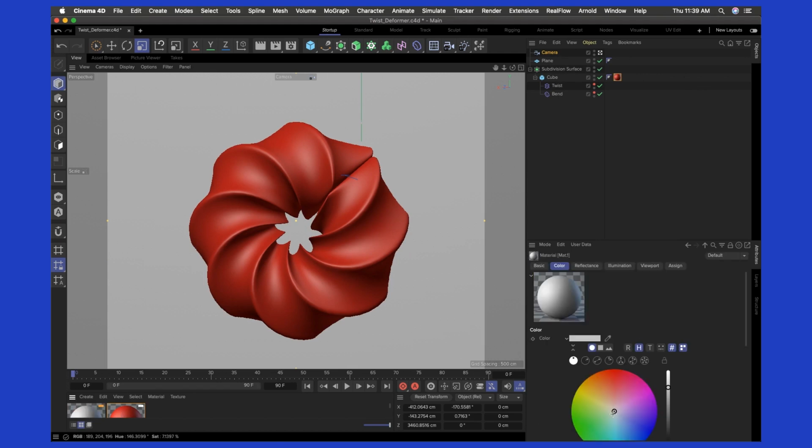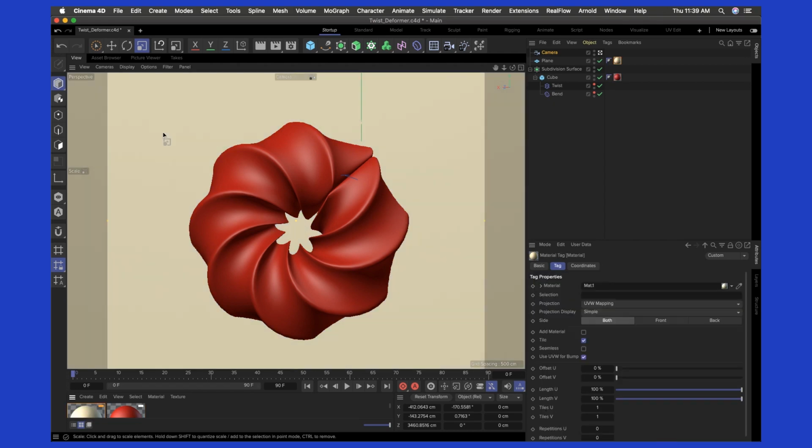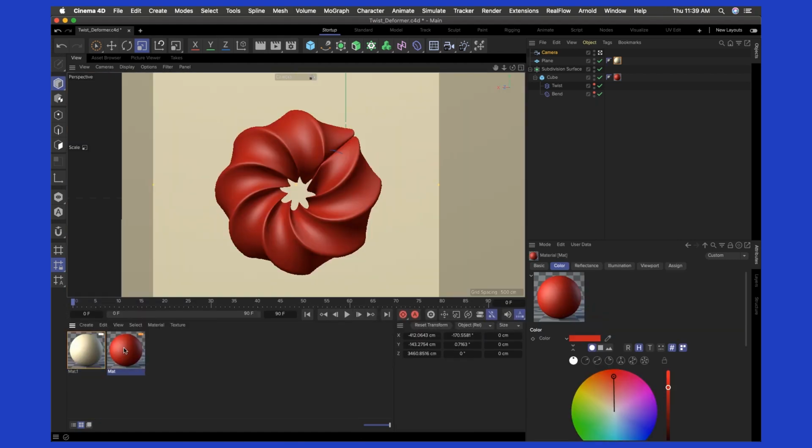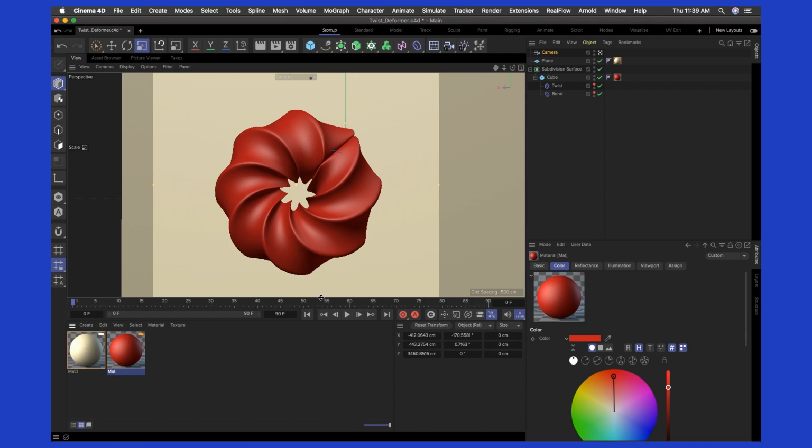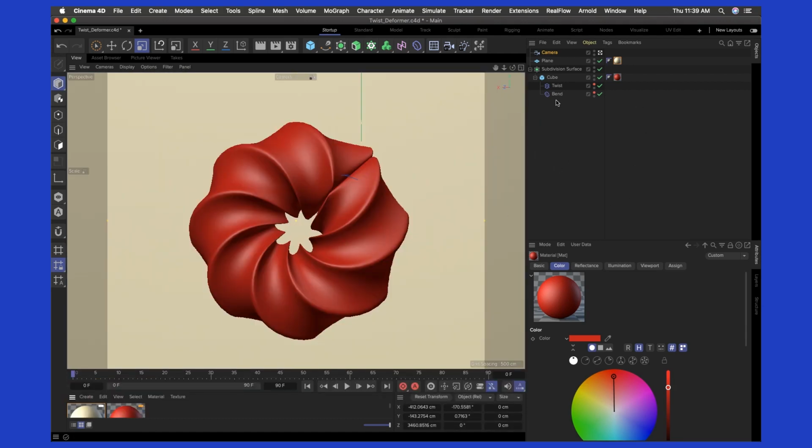I can double click. This is my type, so I can decide I want this to be something that is very light. Then I can render this thing out. I can just do a preview rendering. I can see that we have that here. I've not set the material properly here. So that is how to use the twist and the bend